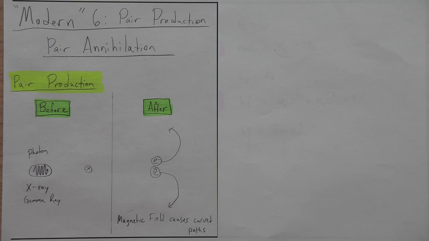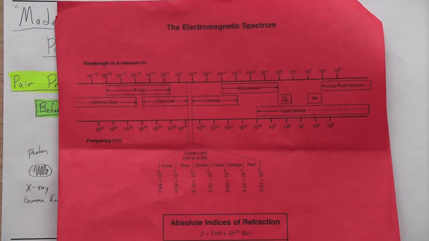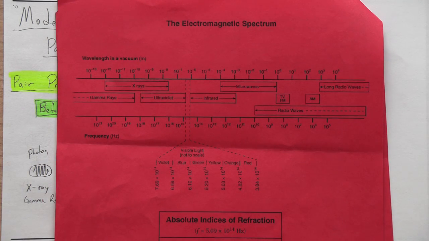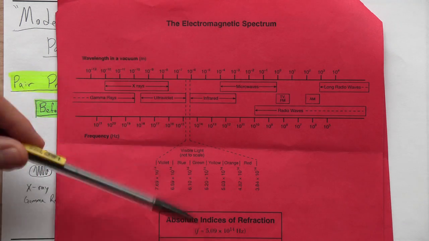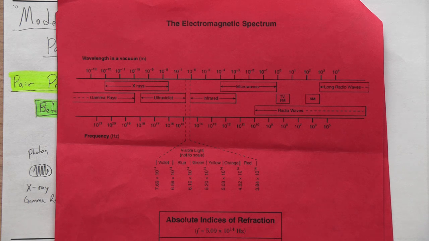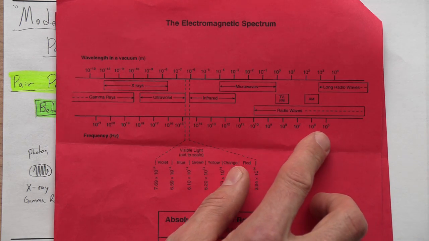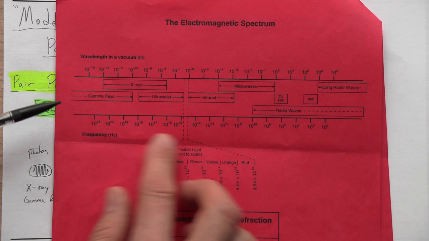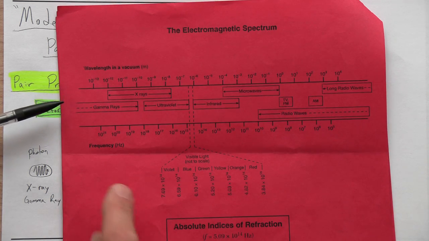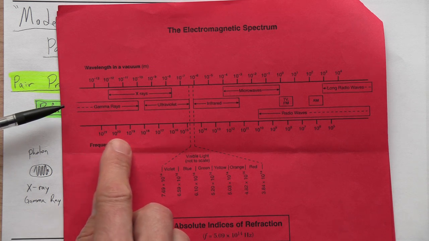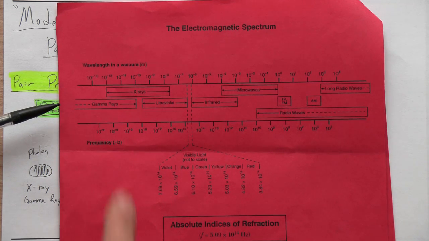Remember, a photon is vibrating electric and magnetic fields at a particular frequency. Remember, we have this electromagnetic spectrum, and if we take any object, such as this pencil, and rub it with fur and make it charged, and then we wiggle it, we would create vibrating electric and magnetic fields. Depending on the frequency at which we shook the pencil, we could create different kinds of electromagnetic rays. If we shake very fast at high frequency, we can create X-rays or gamma rays.